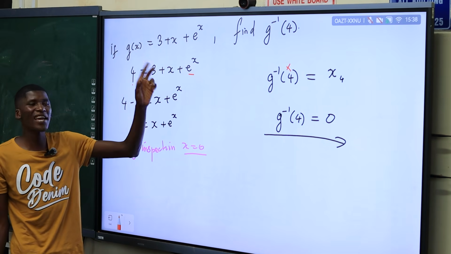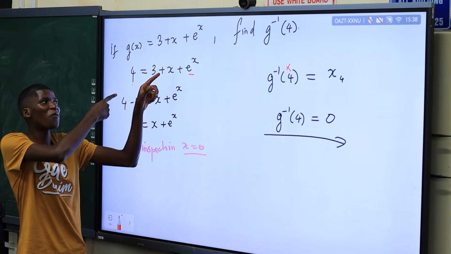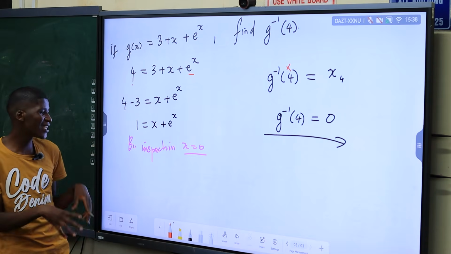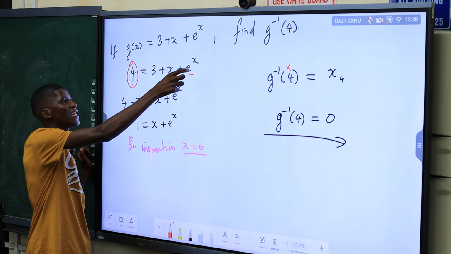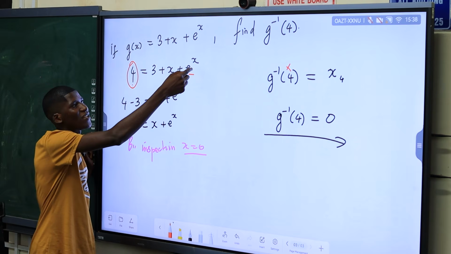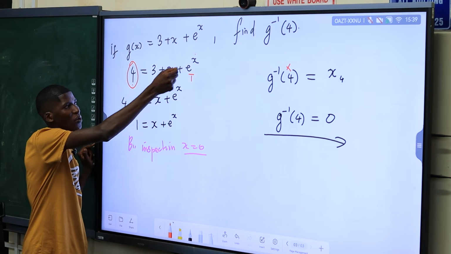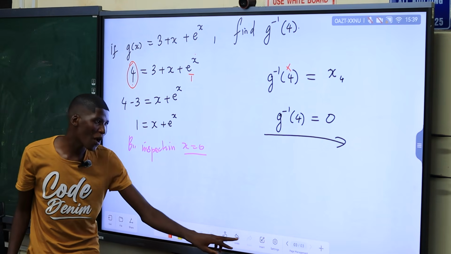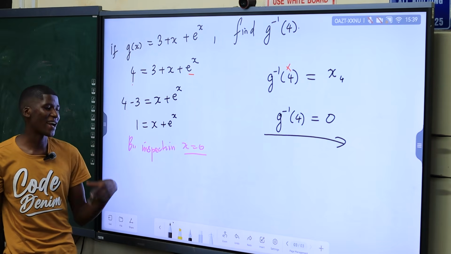Imagine, let's say you try 1. Then this is 3 plus e to the power of 1, which is something with decimals. So you look here and do your inspection. You observe that here I've got a whole number, and here I've got something that will give me decimals. So if I try to make this a whole number, if I put 0 here, this will be 1, and this will be 3 plus 0 plus 1, which gives you 4. You're just inspecting. If you could not see that, it becomes difficult in an exam, when you write and then you don't see it.